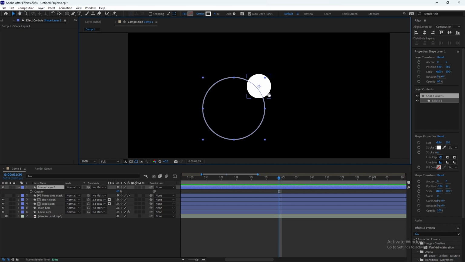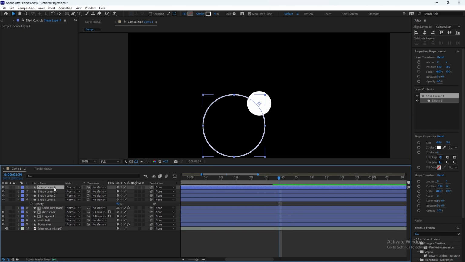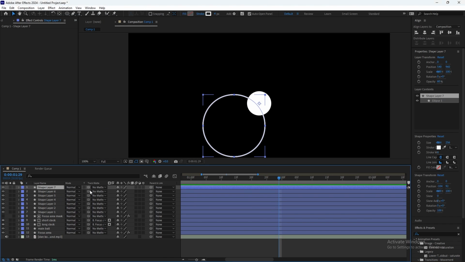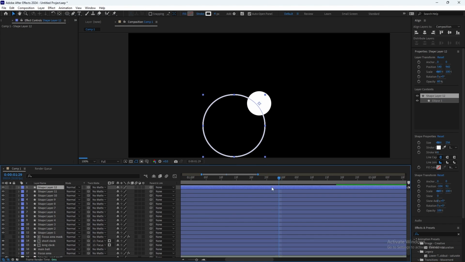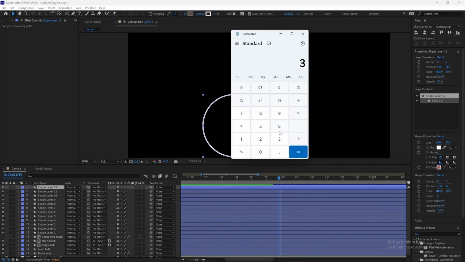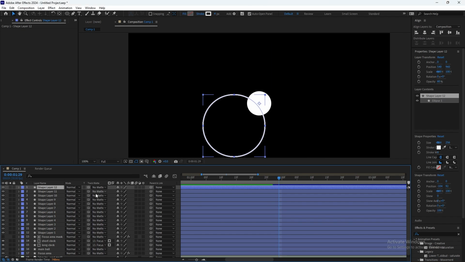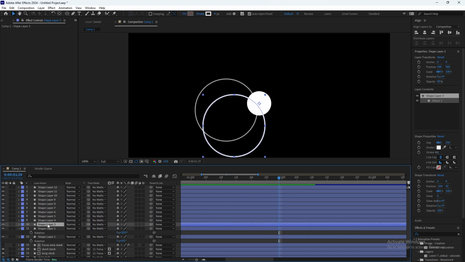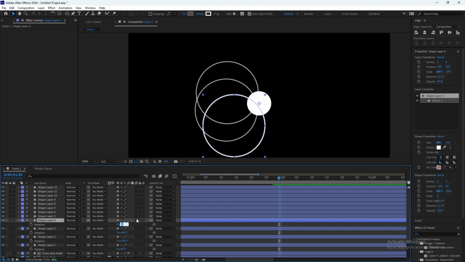and then you can just Control D a lot of times. Let's do 12 times. Okay, so 1 2 3 4 5 6 7 8 9 10 11 12. Now to make it even between every space, we can just go to the calculator, 360 divided by 12, 30. Okay, so we need to change the degree of the rotation by 30. So this is 0, this is 30, this is 60, 90.